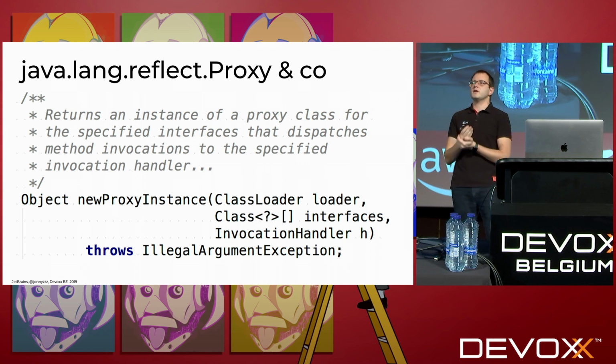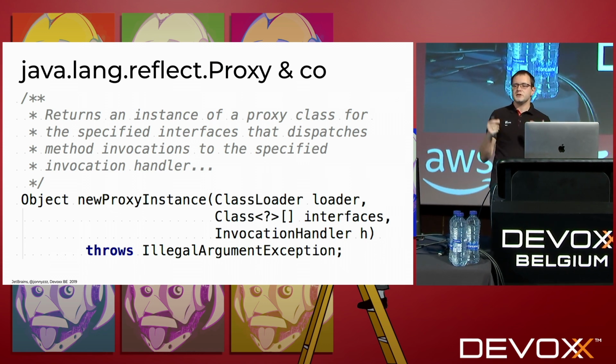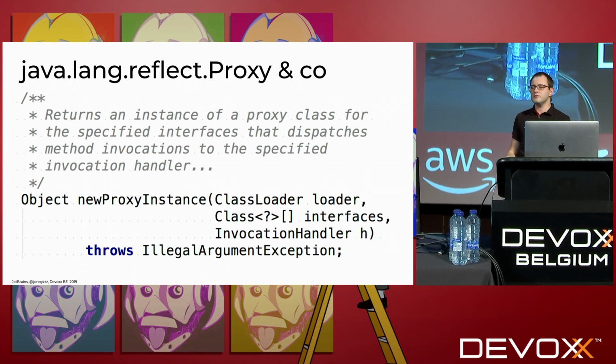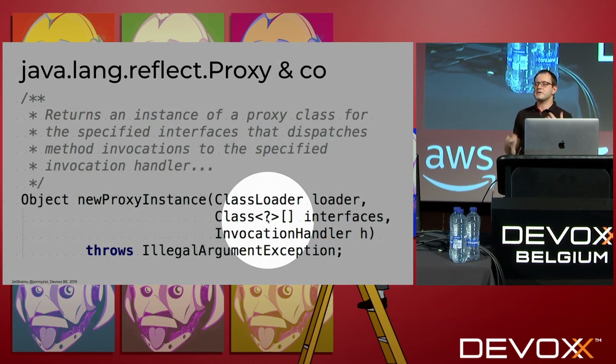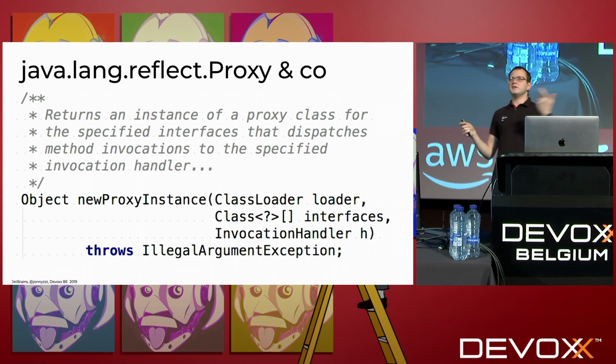This is the standard thing in the JDK, which is java.lang.reflect.Proxy. So you can pass the parameters, the invocation handler, and the interfaces which you would like to be implemented. And this one, behind the scenes, would generate the bytecode, would load the class for you. So you'll have an instance of this interface without explicitly implementing that one. Sometimes it makes sense. Some frameworks do use it. Let's see how it flies.